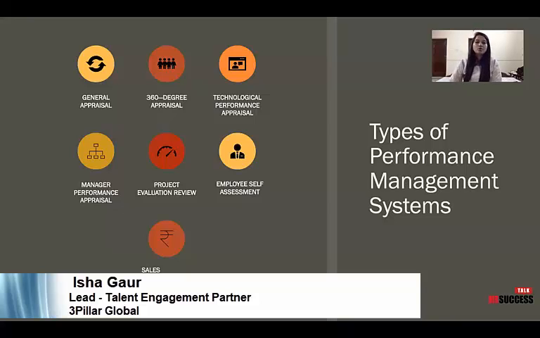Now, let's move on to the types of performance management systems. There are different types of performance management systems in place. So let's understand one by one what the different types are. Starting with the first one, which is the general appraisal method. As per the general appraisal method, it's a